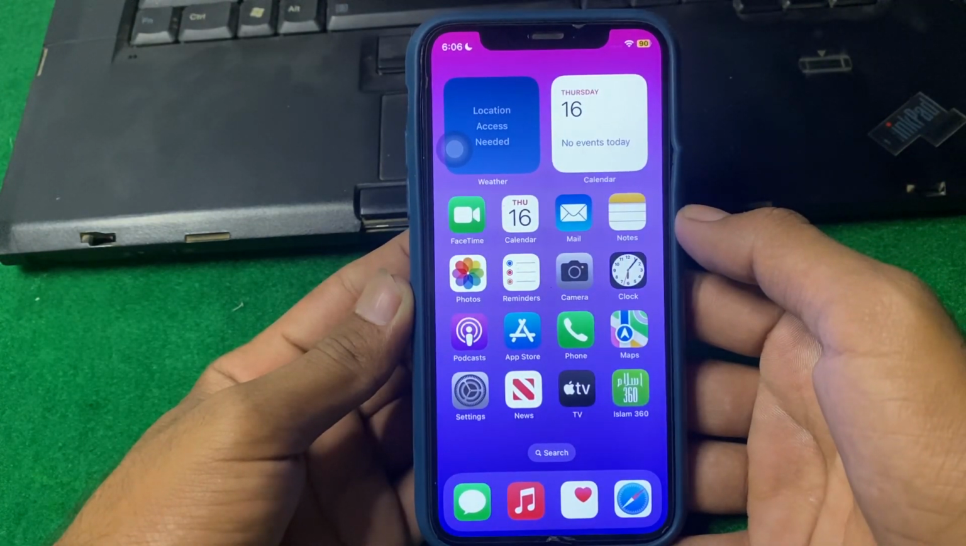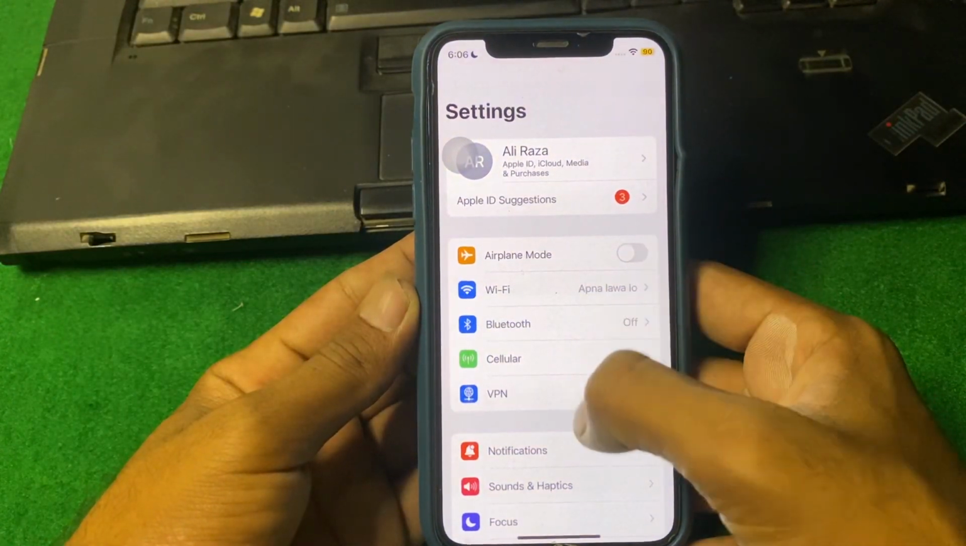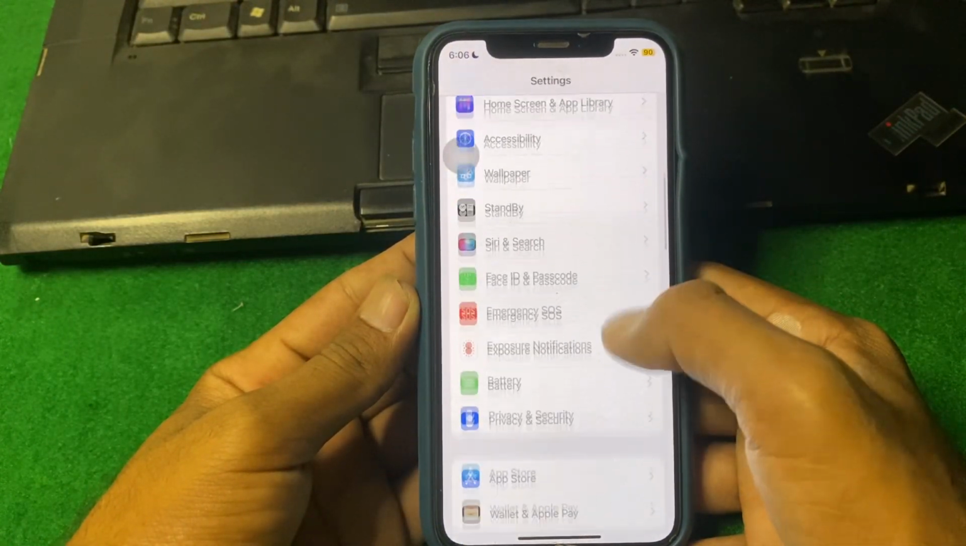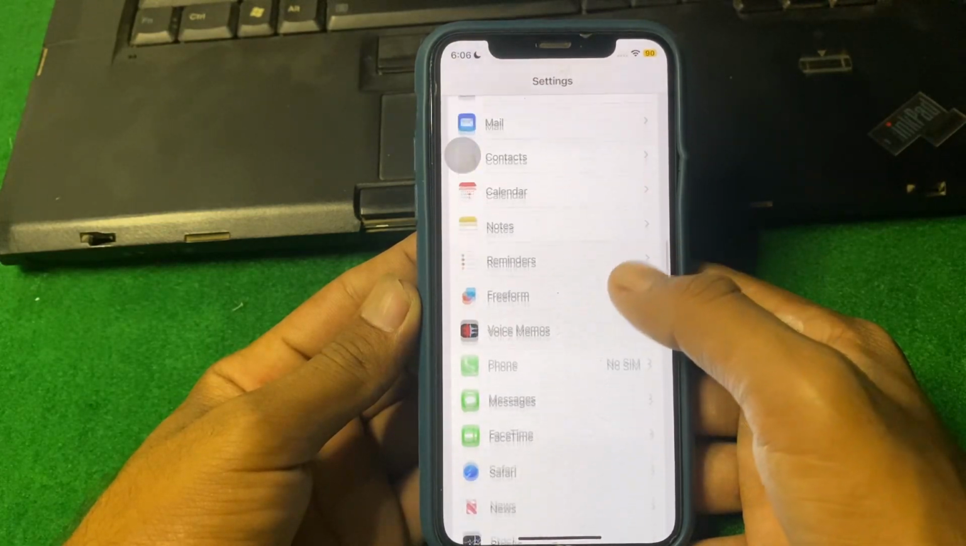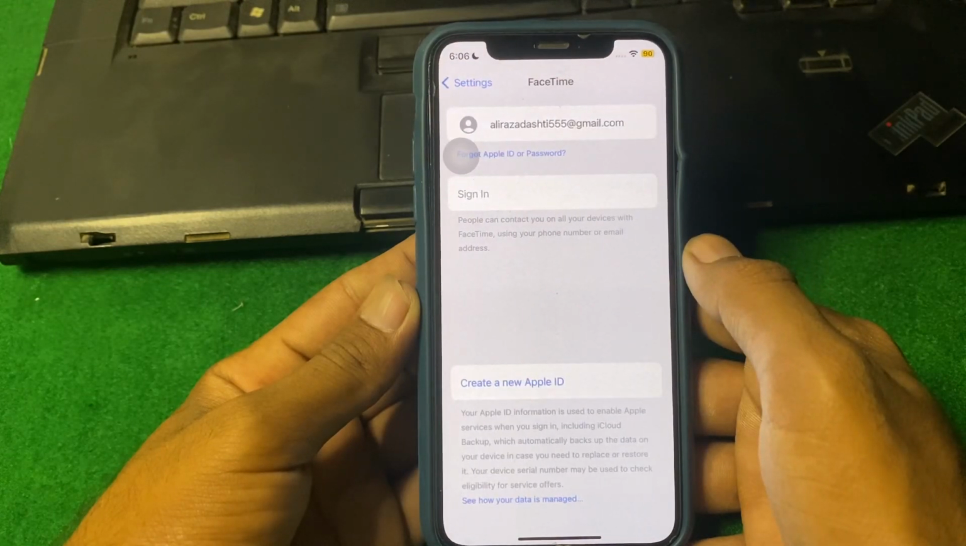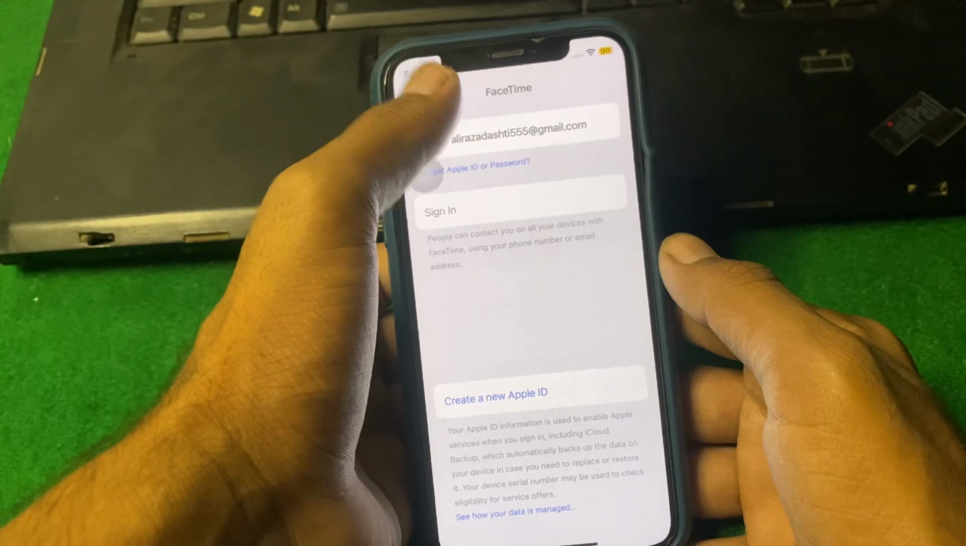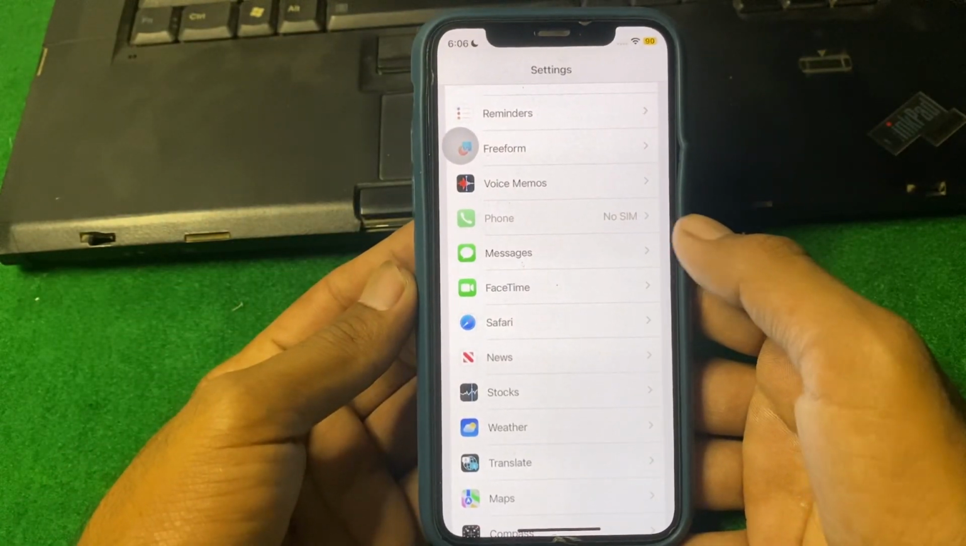So first of all guys, you have to simply open settings. From here guys, scroll below and locate FaceTime. So guys, simply tap on it, and after that you have to enable FaceTime from here, and after that